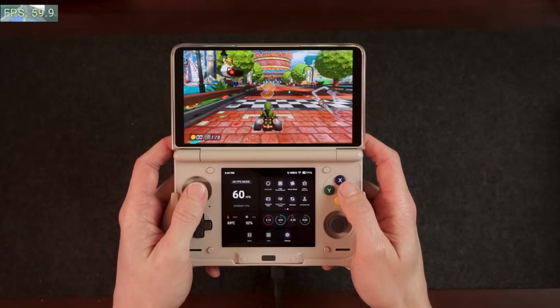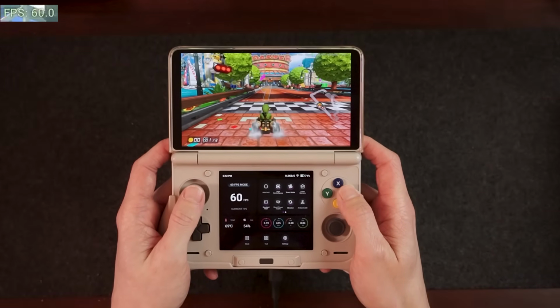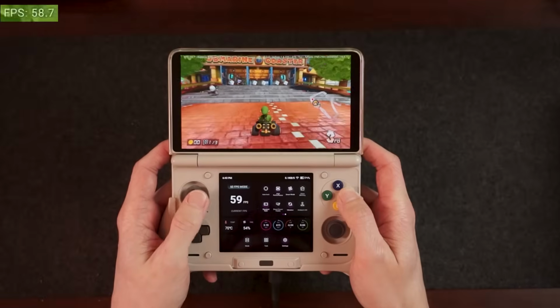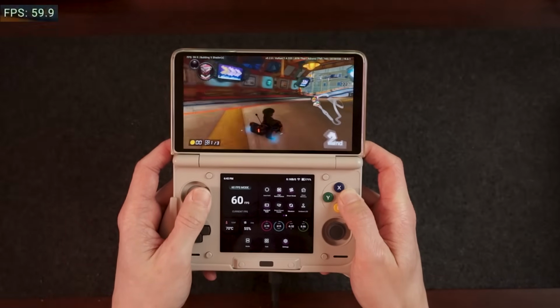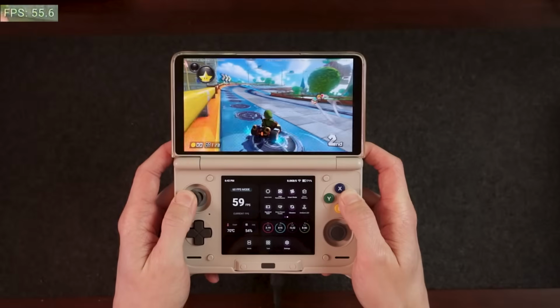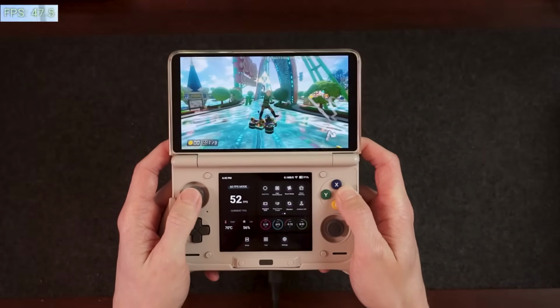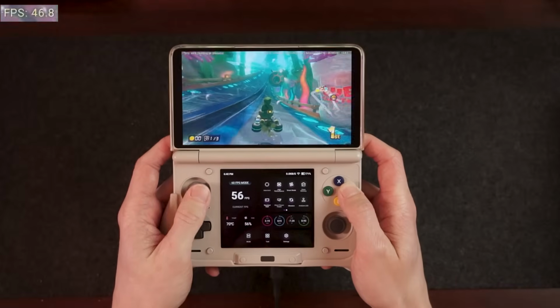I'm using AYN to emulate these Switch games. I also made some game-specific changes for Mario Kart. I changed the graphics driver to the Mesa drivers instead of the recommended turnip drivers, and that made the performance a lot better. But the biggest thing that made Mario Kart run at that steady 60 FPS or close to